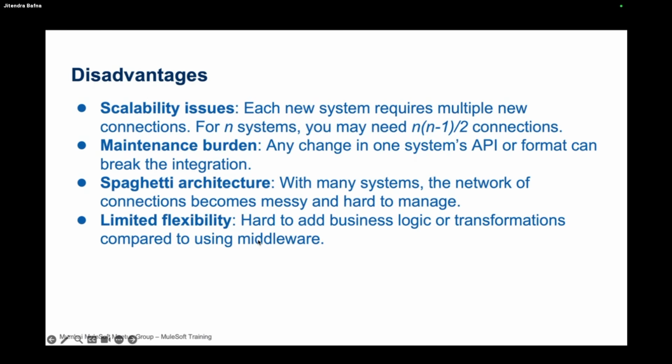Limited flexibility. For example, if somebody asks to change the connection string, right? I have three systems connecting to Salesforce, and I want to change the connection string because Salesforce has changed the password or maybe the security token, right? So I have to update all three systems. If I want to introduce some business logic in those systems, it becomes difficult, and you may have to write that business logic in all three systems, right? So here we are not enabling reusability. We keep writing duplicate code and maintaining duplicate connection strings. So there are a lot of disadvantages or limitations of point-to-point integration.